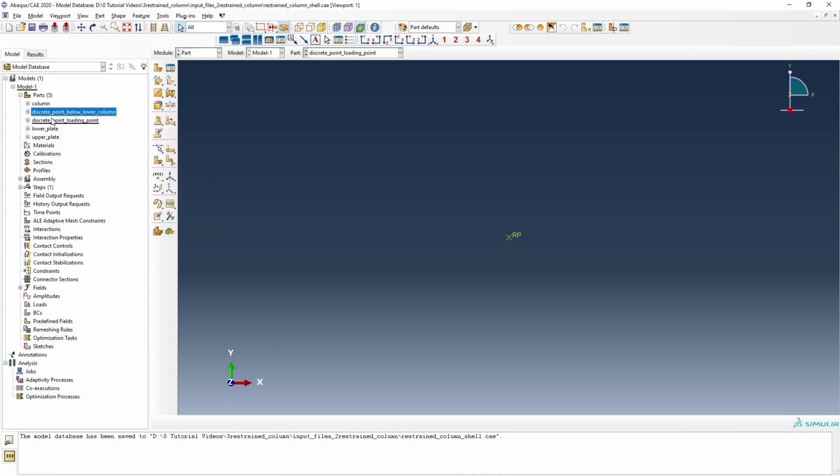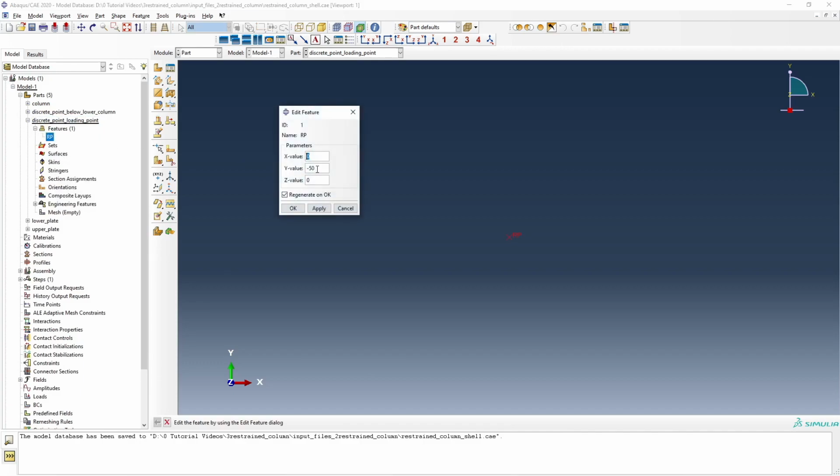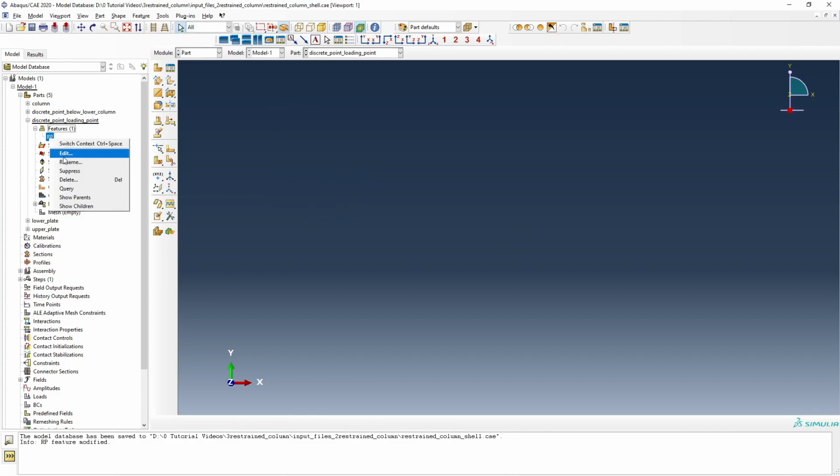Okay, and we have created the loading point, and now we need to change the position of that one, and the position is nothing but 1800 plus 50. So this is 1850 because the height of the column was 1850. Then we apply, and now we can see here it is 1850,